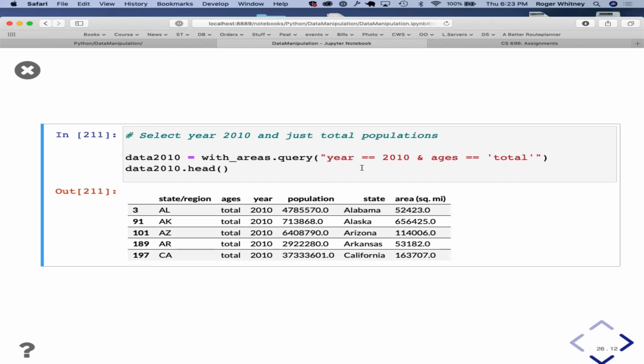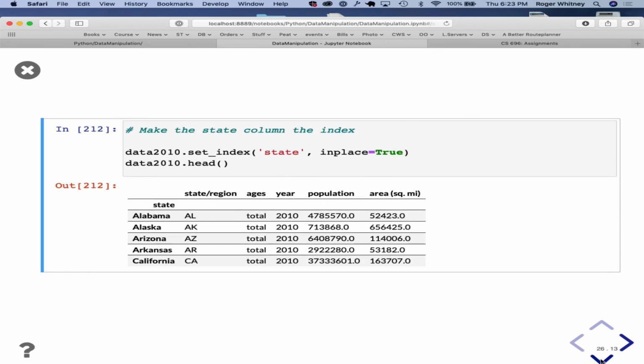So now we can look at, just give us the year, 2010. Now we've got the total and the year, population, one per state. Making the state the index.